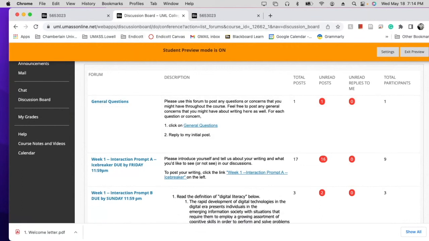My whole theory is I want people to have fewer places to have to go check different things, right? So you don't have to go and scroll through the general question place, like trying to limit. So email will be huge because that's the main way I'll communicate with people. So then there's interaction prompt B, and this is the real discussion prompt for the week. I'll talk about that in a moment.